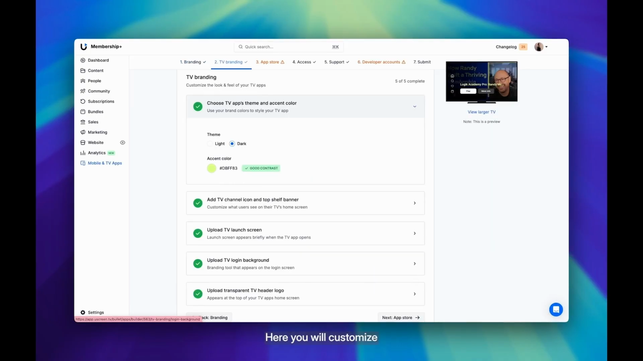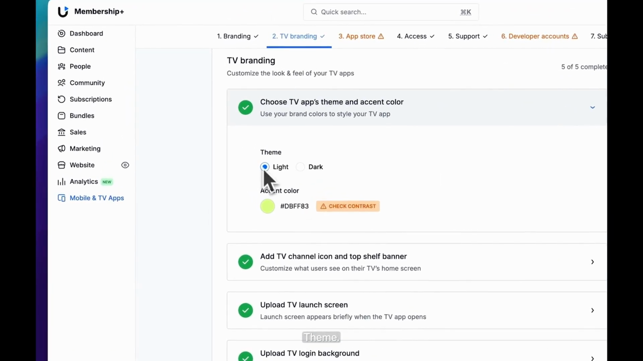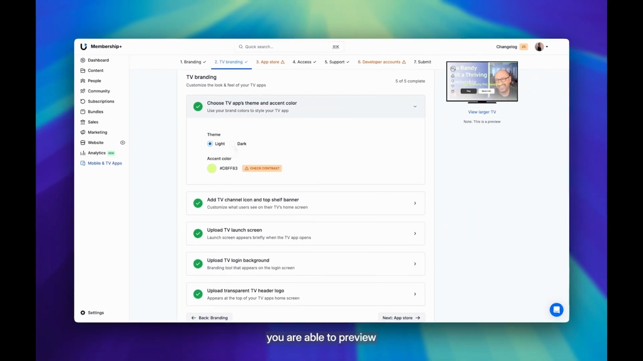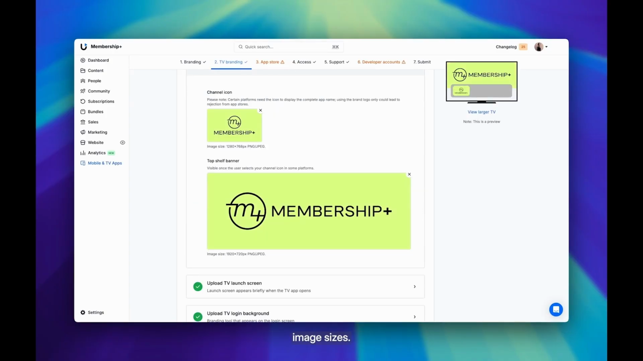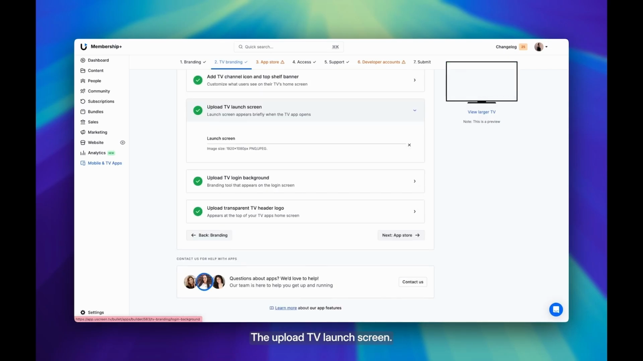And hit next. Here you will customize the look and feel of your TV apps, so you will select whether you want to have it in dark or light theme. And with each section you are able to preview what it will look like in the top right hand corner. Next, add the TV channel icon and top shelf banner with the recommended image sizes, the upload TV launch screen,